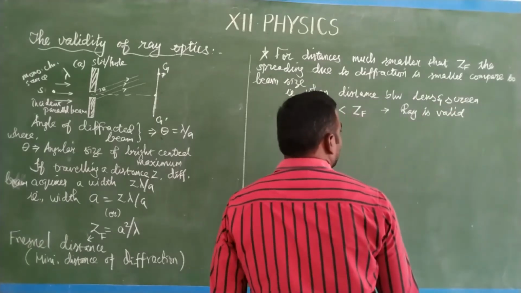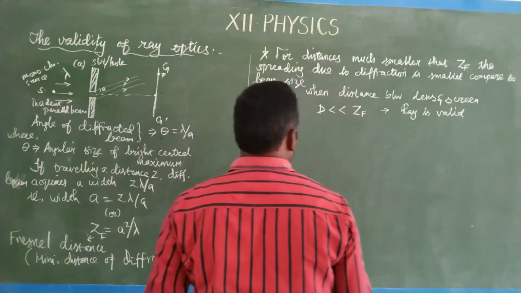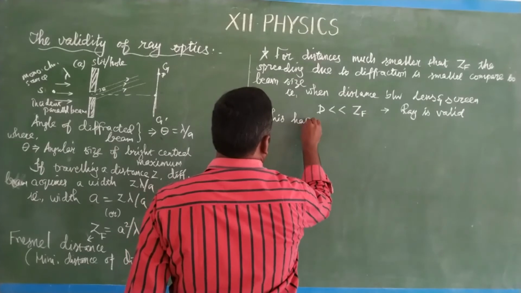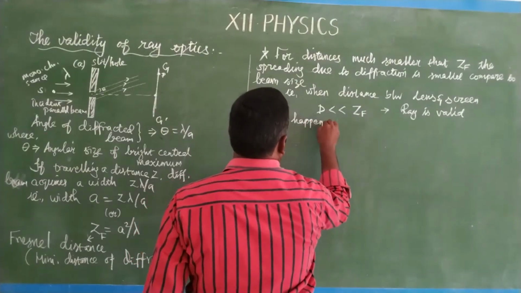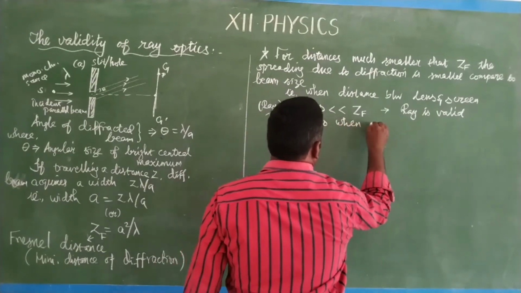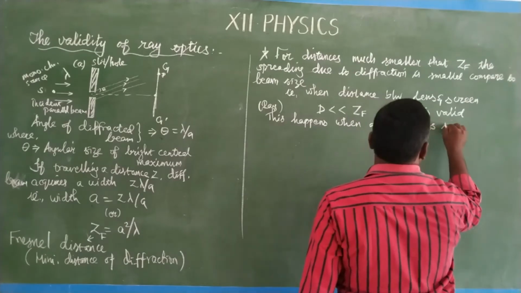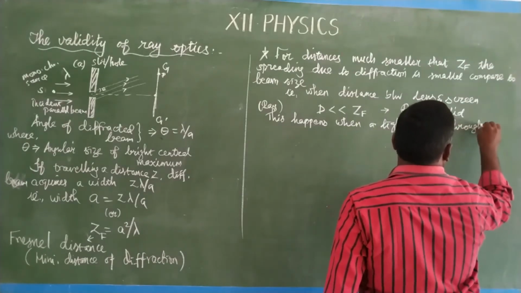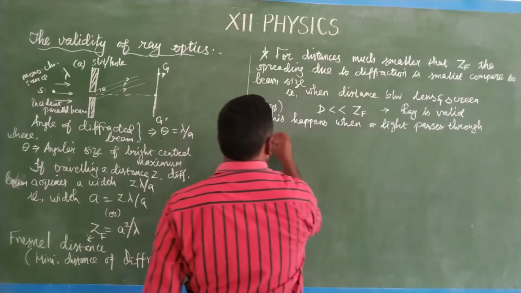Okay, so எப்போ ரேவாக இருக்கும்னா, if the light passes through a large aperture, this happens, this is another ray. When a light passes through a large aperture,